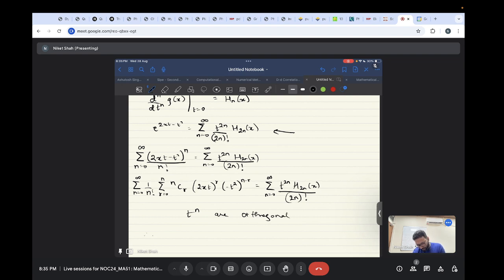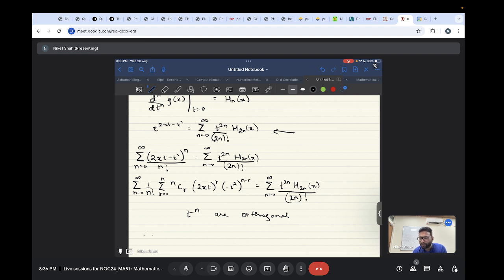So therefore, if the left hand side has a term t raised to 2n, the right hand side has a term with the same coefficient. You can directly match out coefficients. That's what I intend to say here. Because t power n are orthogonal polynomials, you can just read out the coefficients directly,